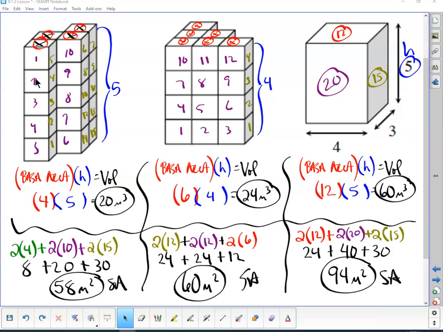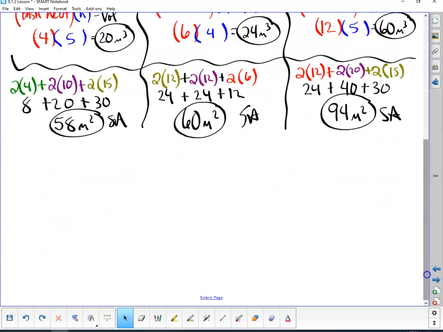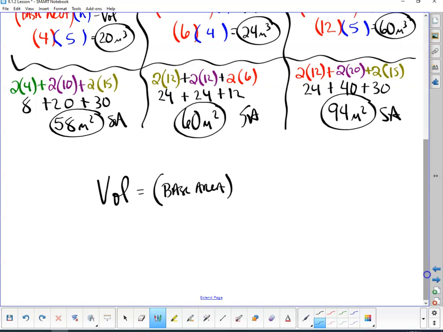Okay, so just in summary with this, the volume is equal to the area of the base, or the base area, times the height, and the surface area is equal to the top and the bottom. So usually they're going to end up hopefully being the same. So we have 2 times the top plus 2 times the right plus 2 times the front,